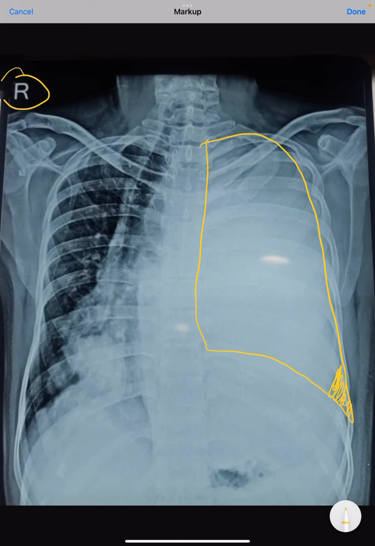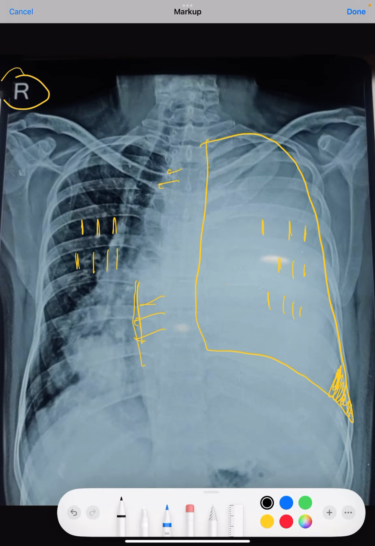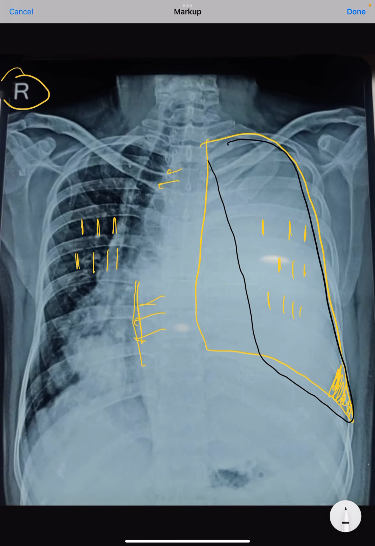left costophrenic angle. You can see the intercostal space. This intercostal space looks slightly widened because of gross accumulation of pleural fluid, and there is marked shifting of this heart border to the right side, and there is shifting of this trachea also to the right side. You can see the lung parenchyma, which has to be of almost this size, is being compressed significantly on the right side. So almost everything is getting pushed to the right side, causing also the compression